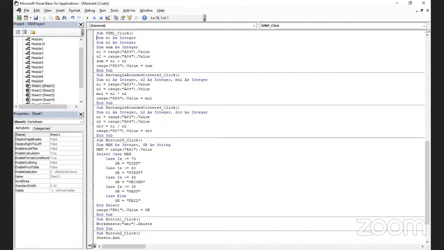ओके। नाउ आई थिंक इंट्रोडक्शन ऑफ विजुअल बेसिक आपको थोड़ा पता चल गया है कि कैसे कोडिंग करते हैं, कैसे फॉर्मूला असाइन करते हैं। दिस इज वी हैव टेकन जस्ट द बेसिक फंक्शंस ऑफ द मैथमेटिक्स, सम, मल्टीप्लिकेशन, डिवीजन, और भी ले सकते हैं बहुत सारे फंक्शंस, और भी हम लोग बहुत सारे फंक्शंस वी कैन स्टार्ट, ओके।